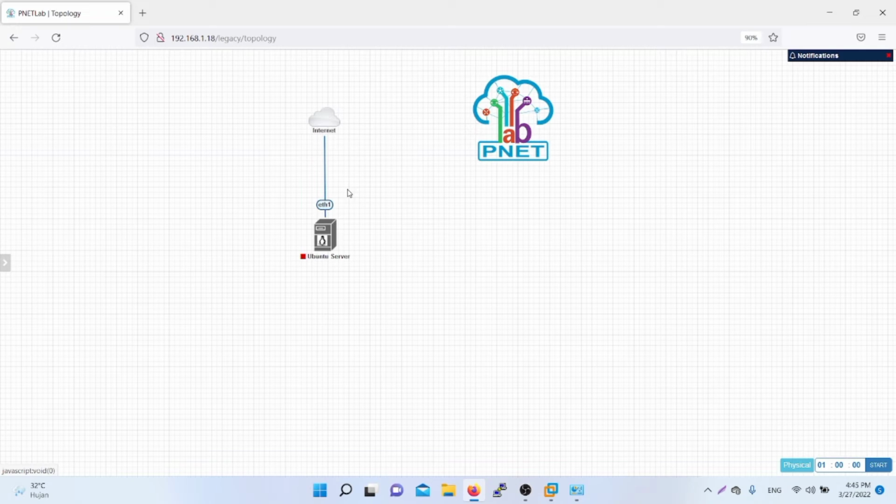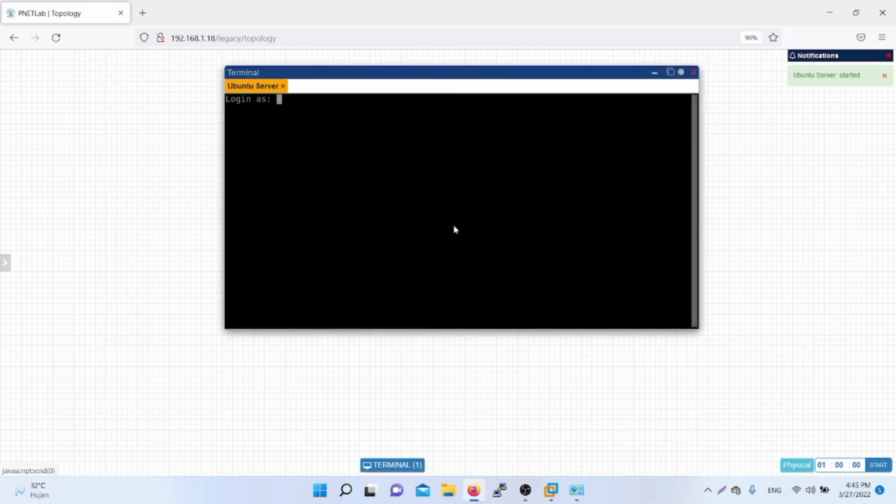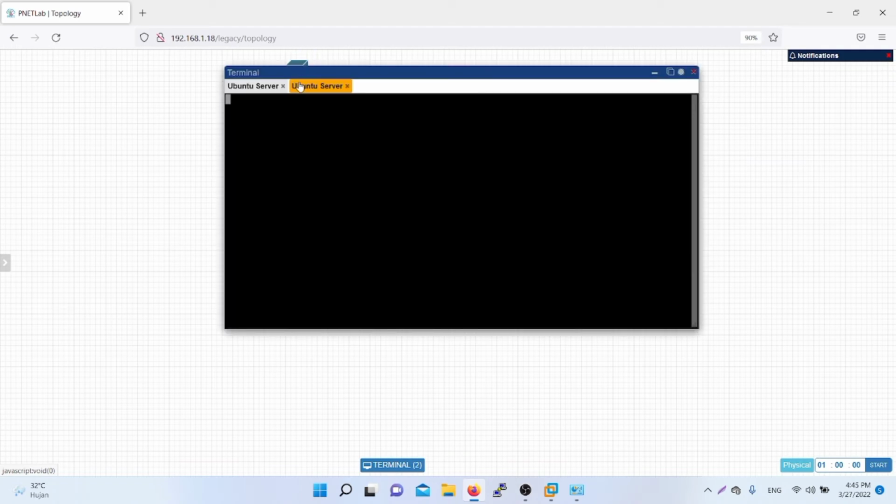If the appearance is like this, we are going to start the Ubuntu server. For the first step, we must check how many IP addresses we get on Ethernet 1.